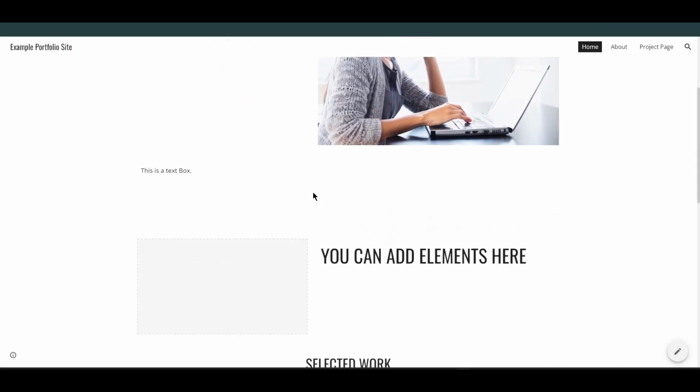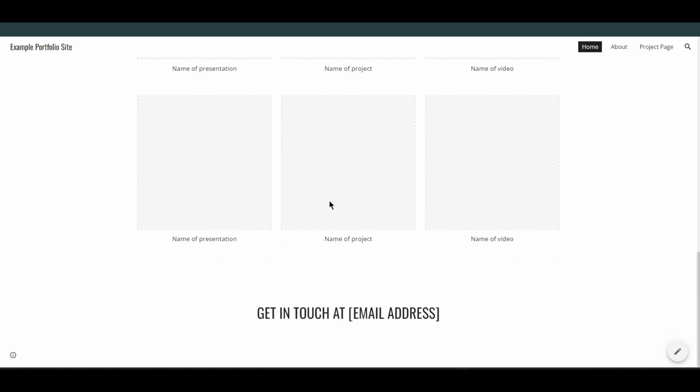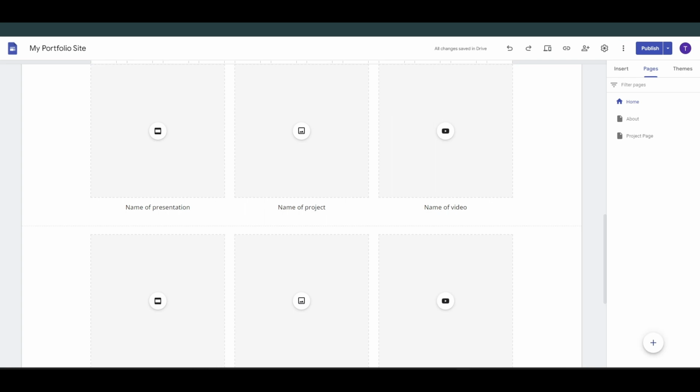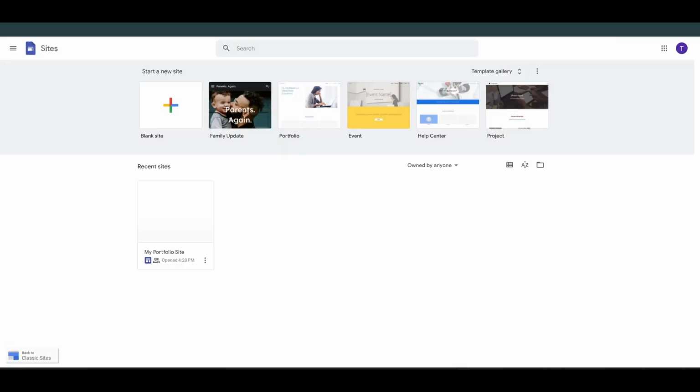Here our site with the pre-made template is ready and live. Now I will show you how to create a blank site from scratch.